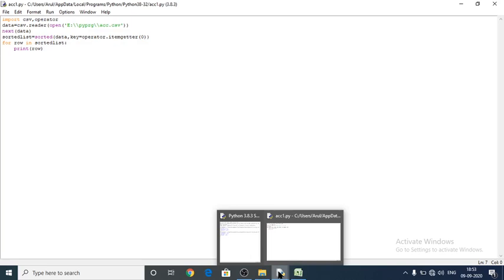And next one, we are going to see reading a CSV file into a dictionary. To read a CSV file into a dictionary, we are going to use the DictReader class. It also works like a reader class, but while using DictReader, it will create an object, and the object is mapped with the data, and it is going to give the result to us. While giving the result, it will give the keys, the field names, as a parameter.